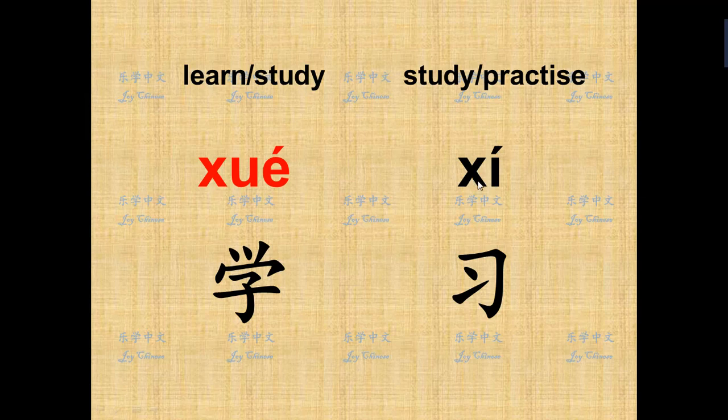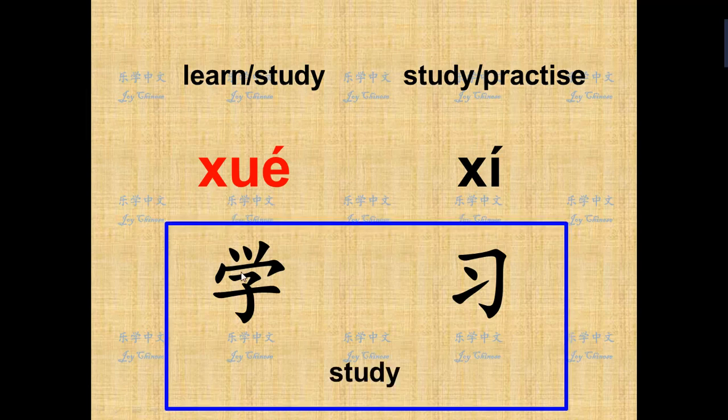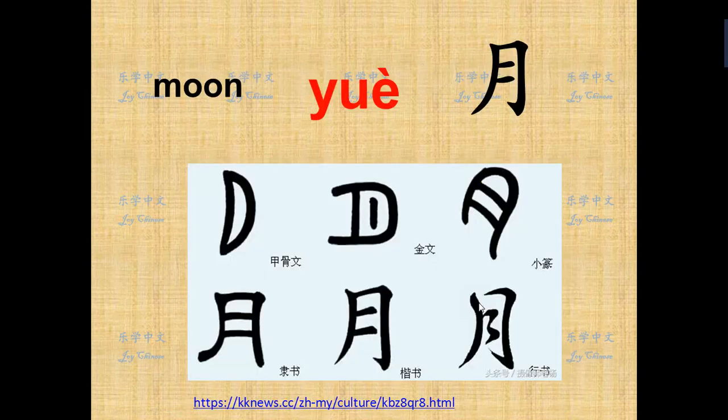Xi, it means study and practice. You combine these two words with a similar meaning, it again means the same, study. 学习。